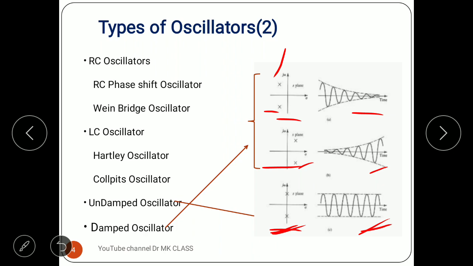Designing a system where the poles lie on the jω axis is high quality work in the design of these amplifiers. Many scientists and researchers are working on oscillator design, and many oscillators already exist, whether Wien bridge, Hartley or Colpitts, all found by this method. But we are not going to design it, we are going to study it. That's it.